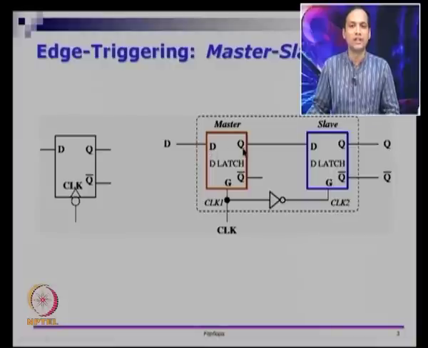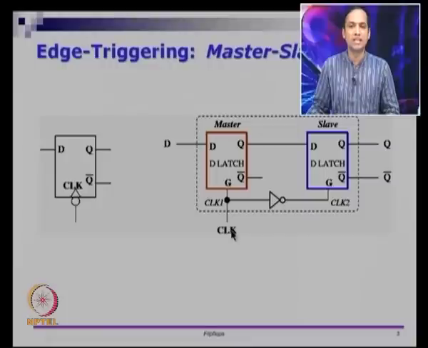input. We take the master's Q, or the output of the master latch, and connect it as input to the slave latch, and the output of the slave latch goes to the external world. So, in fact, the slave has two outputs, Q and Q bar. You tap those two, and you get Q and Q bar for the external world. The Q bar of the master latch is not connected to anything, and from the external world point of view,